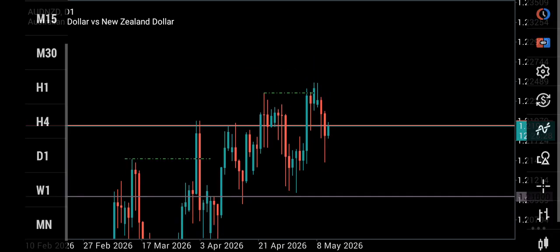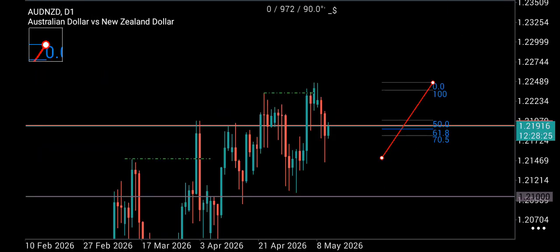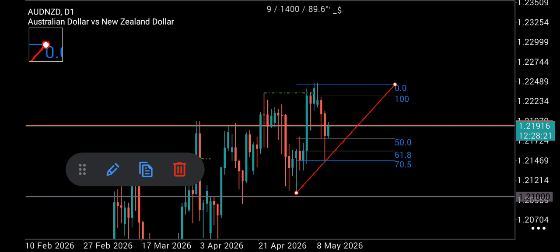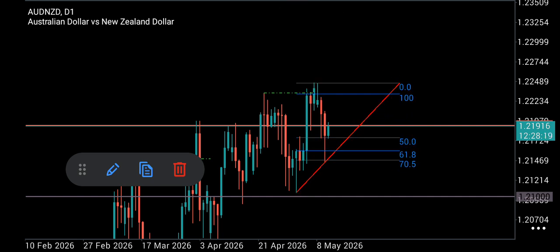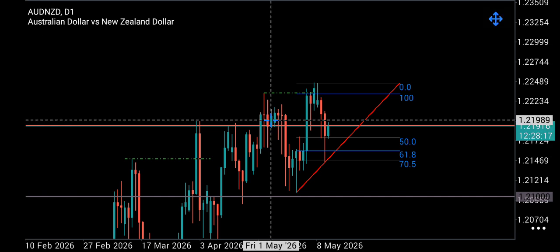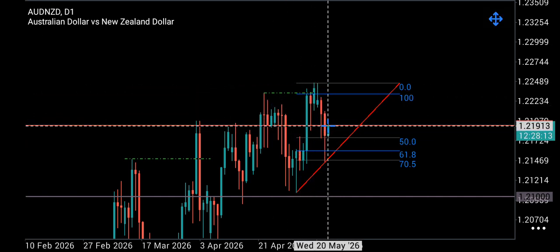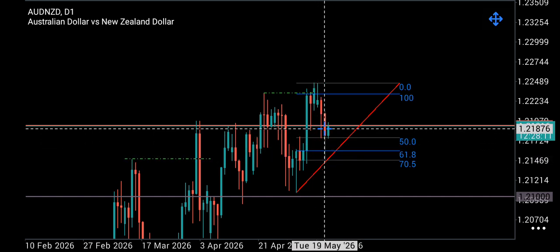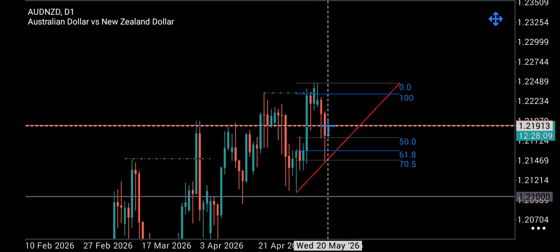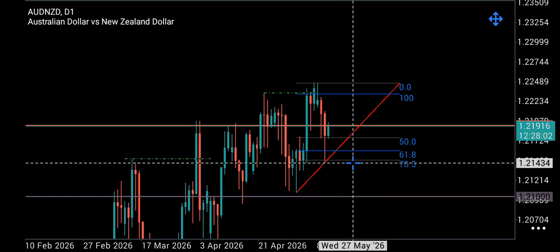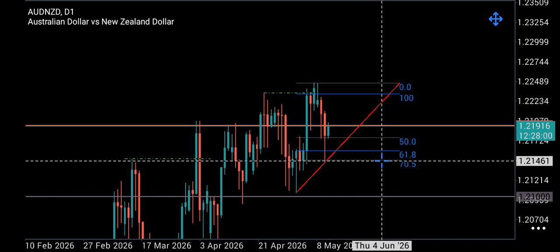So if we pull out our fib retracement from this low that was created before the break of structure to the upside to that high, we can see that price, after breaking structure to the upside, later came back to the discount, and we normally want to buy when the price is cheap. So we normally buy at the discount level, and you can see that the price dropped further to reach the OTE, which is the